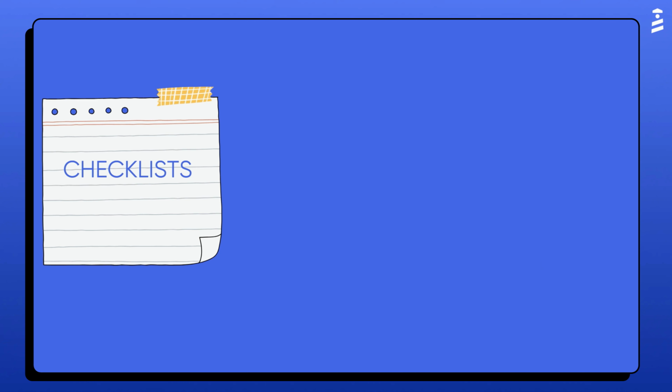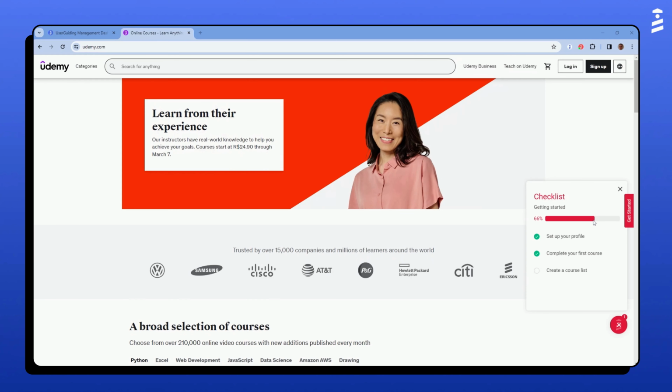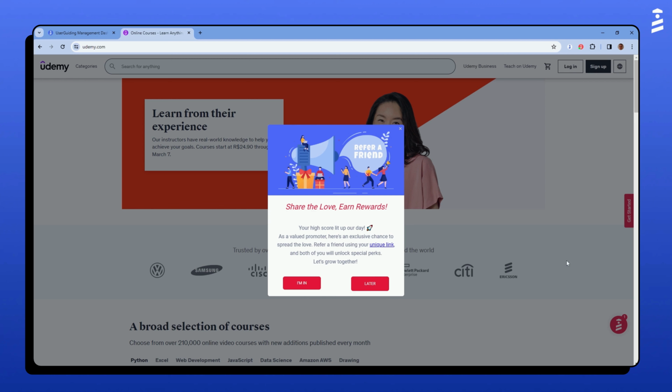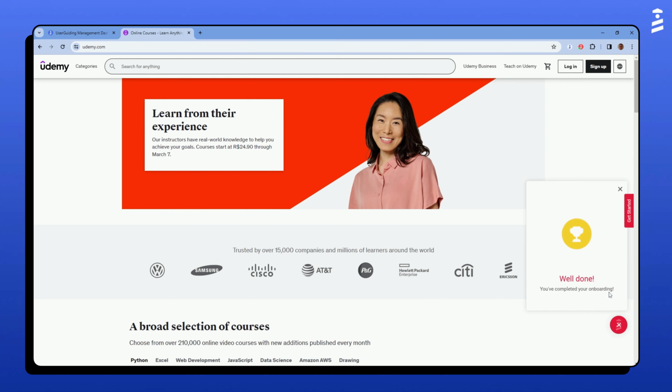First up, let's talk about progress bar type of checklists. Picture this: a seamless setup guide divided into steps, accompanied by a dynamic progress bar. The progress bar fills up as users complete each step, like leveling up in a game. It visually represents their journey, motivating them to keep going. And when they reach the finish line, a cheerful well done message awaits, just like completing a challenging level in